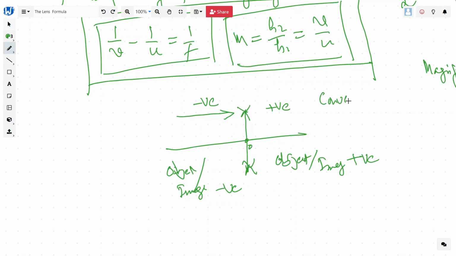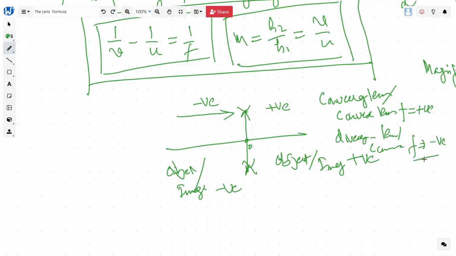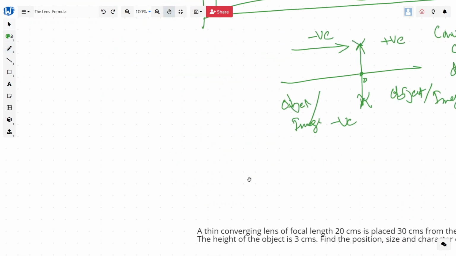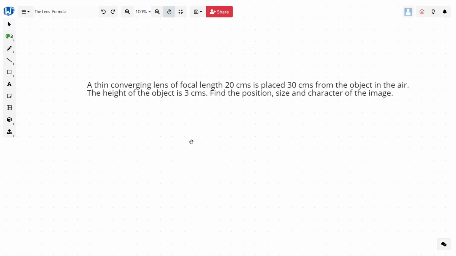For a converging lens or a convex lens in air, f is positive, and for a diverging lens or a concave lens in air, f is negative. Okay, so with this let's start and try to solve a few problems to clarify this formula and the sign convention we want to use. So here is our first problem, which says that